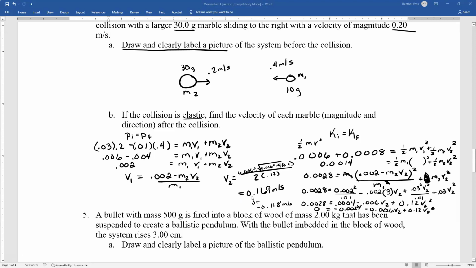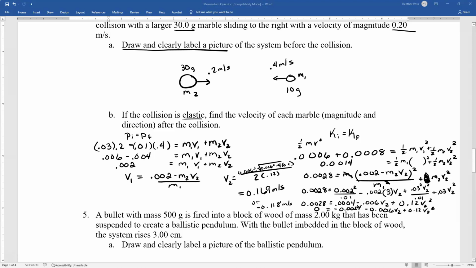So if I put in the 0.169 meters per second, I get a negative velocity. Still showing this one's going to the left. So let me try putting in this negative. So that says this big marble's going to the left. So if I put that in my calculator, I've got